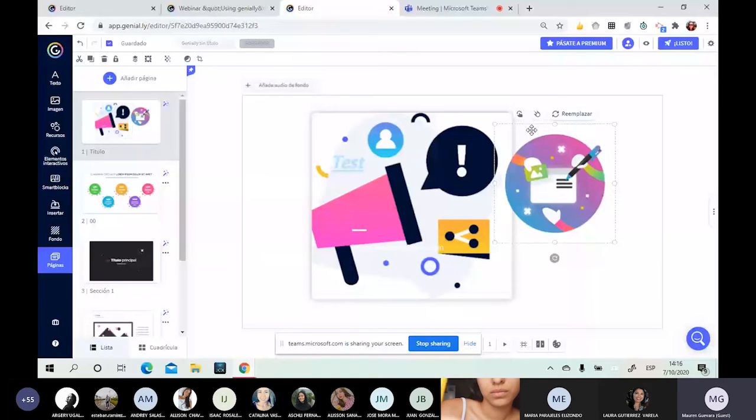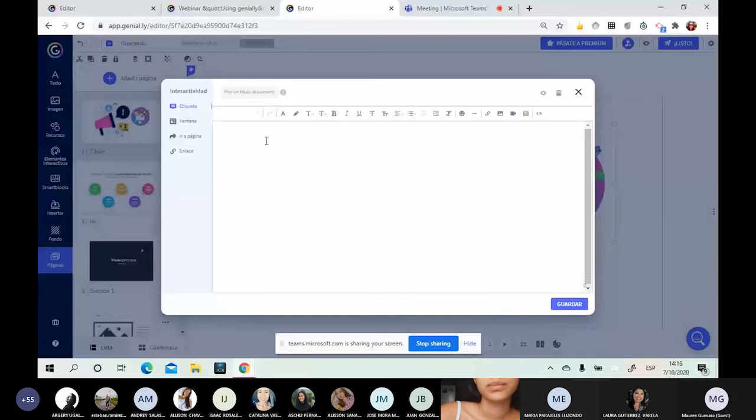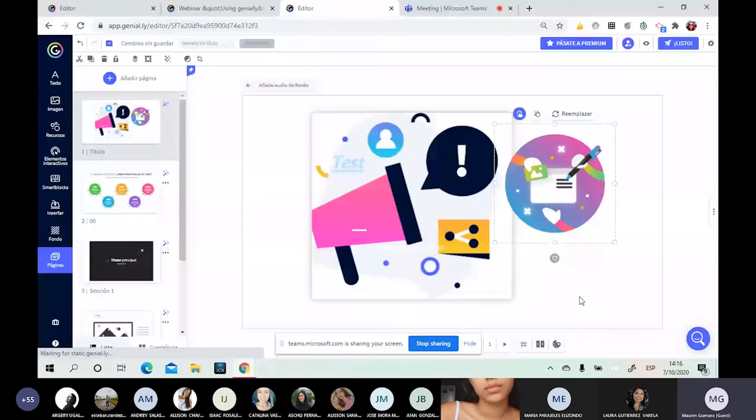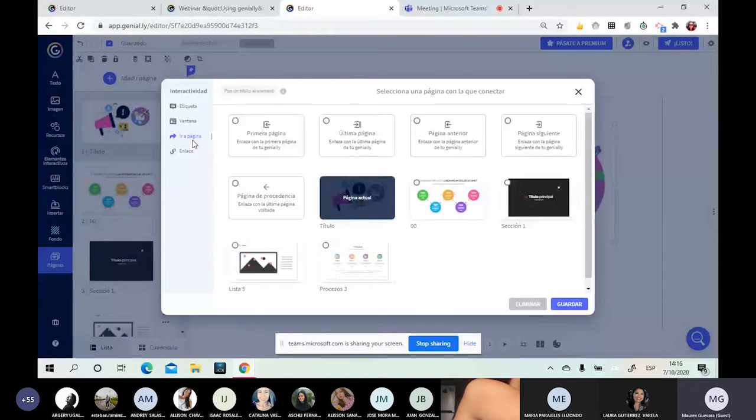And you have four options to make the picture a little bit more interactive. So you can just write something here, okay? And when the person clicks on the picture, they are going to see the hello. Or let's suppose that you want to go to another page from the same presentation. Let's say that it's going to go to that one. Or probably if you want to just copy and paste the link from another site. Okay, so